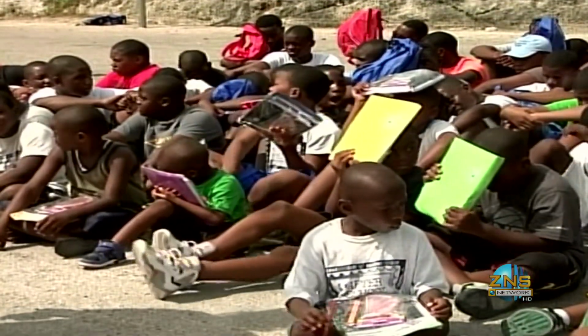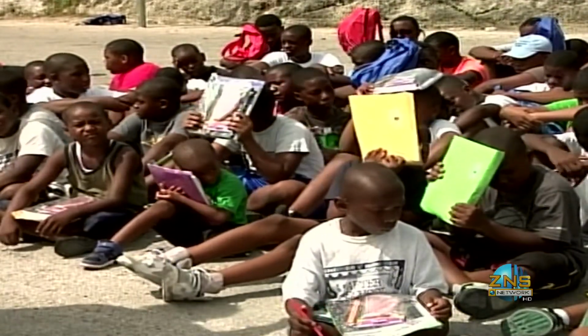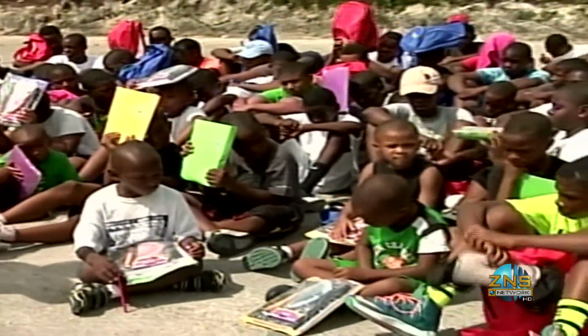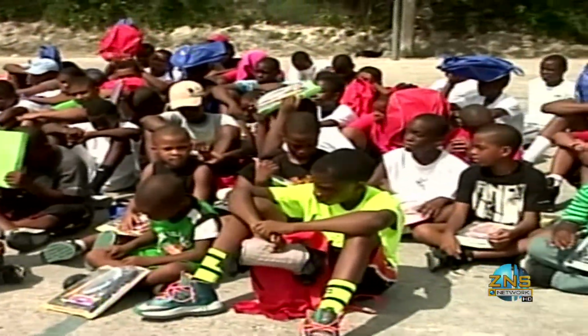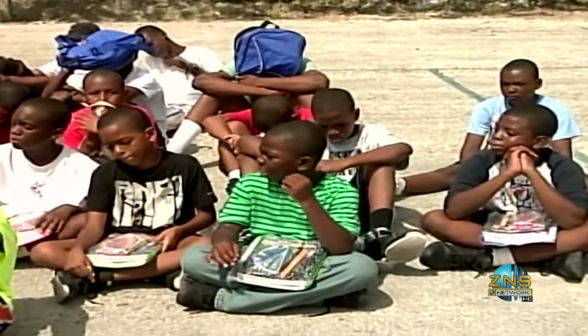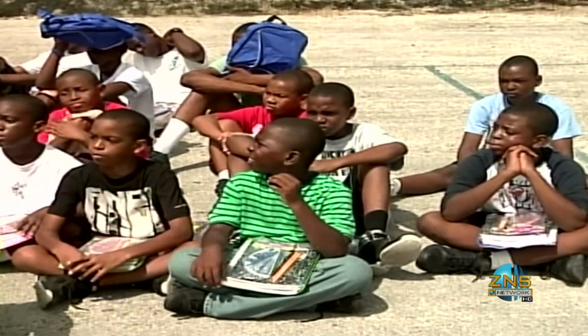Guest speaker for the event, program coordinator at the Ministry of Youth, Sports and Culture, Carla Brown-Roker, says she is happy to do her part to help nurture young men so that they can become productive citizens. It is really a humbling experience as well as a privilege for us to be able to contribute to an